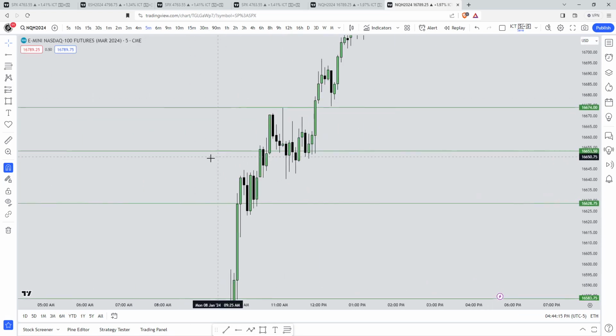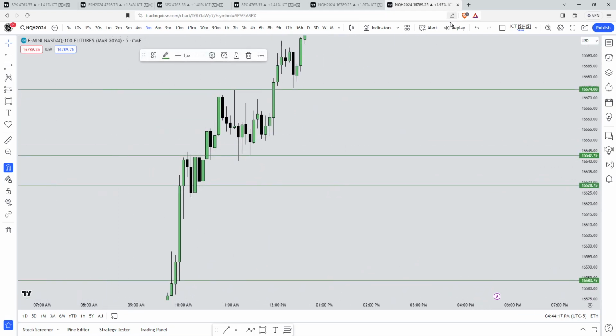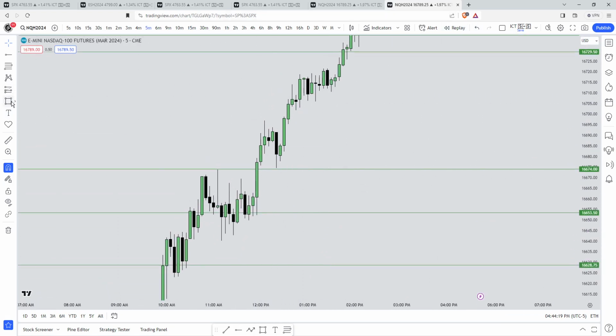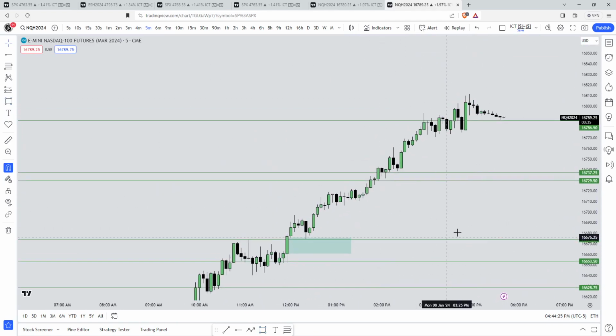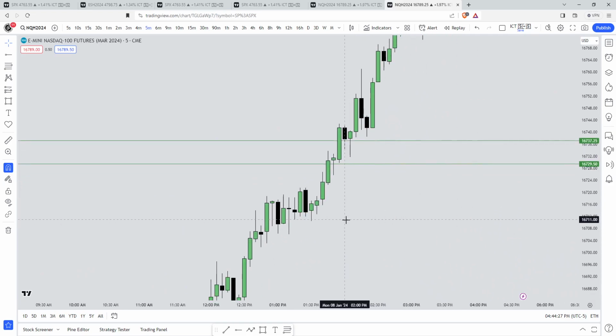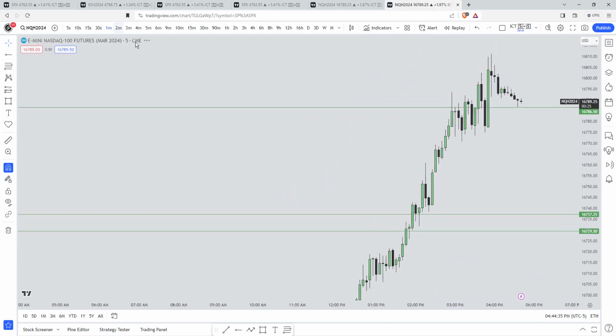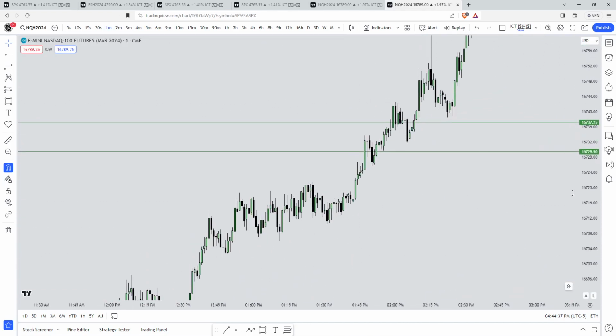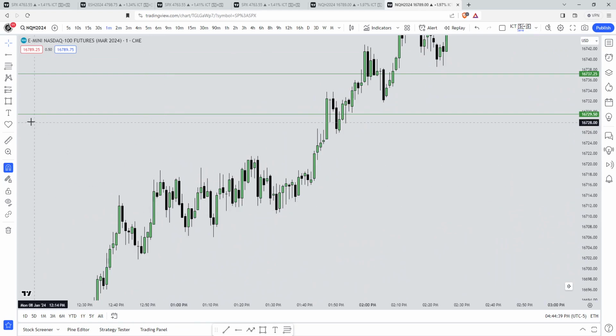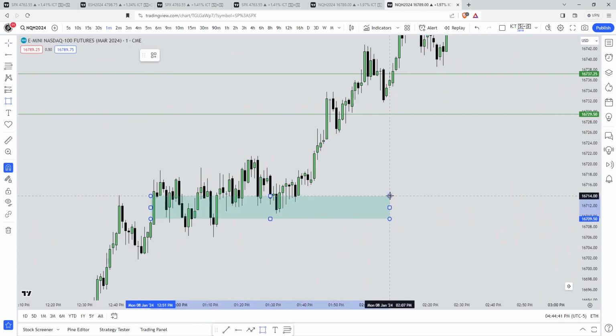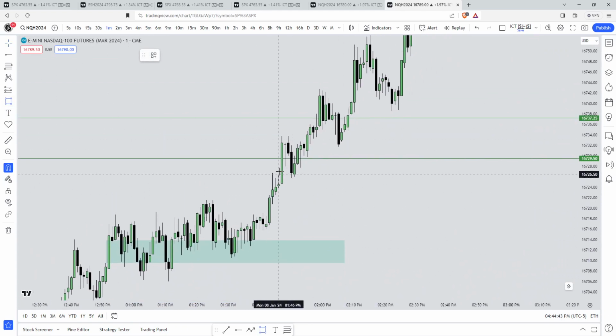So if I look at a 5-minute time frame, I can see that fair value gaps are acting as support. And if you look at a 1 minute, there's tons of examples in here where it's just respecting those bullish fair value gaps. You have another bullish fair value gap right here. On a lower time frame, there's going to be one in here. If I were to look at a 1 minute, I'll just show for example purposes. You could see that price is respecting these bullish fair value gaps along the way as price is targeting the